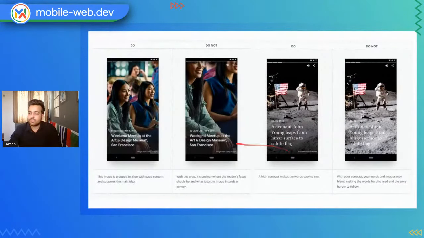Another thing to do with AMP stories is to make sure that no images are cropped. All the people inside the AMP story should be visible, and also make sure that the contrast between the text you are writing on the story and what you have in the background is readable, and high contrast is the way to do it. If you somehow don't have that option and you still want to use that image, it's better to use another layer in between your text and the background and add a tint over this layer, so that there is a background supporting this text and you can easily read it whenever you want.